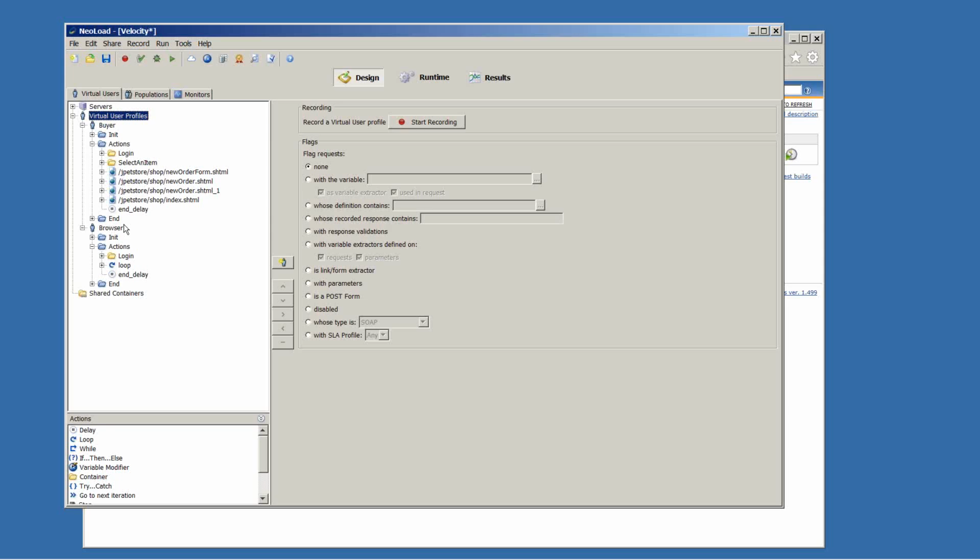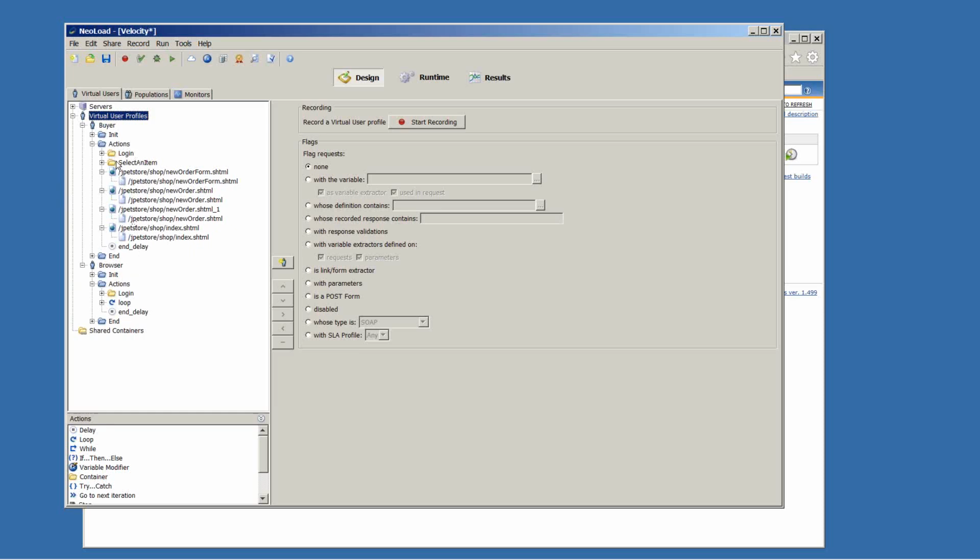And even if you have that skill set in your organization, it's a tedious, mundane thing, and it slows you down. Programming and writing code and fighting a syntax compiler is always just a slower effort. In NeoLoad, all of our user profiles are customized, developed and maintained through these tree views. Each of these little entities that you see here corresponds to different requests on the flow of my end-to-end